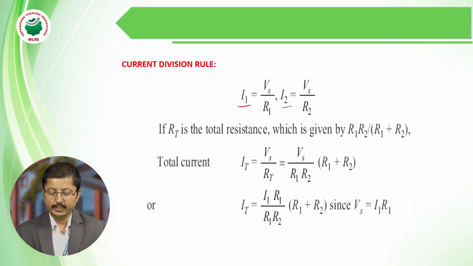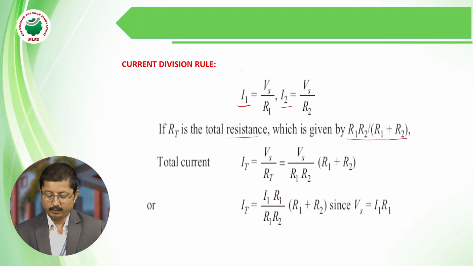So I1 is equal to Vs by R1 and I2 is equal to Vs by R2, where RT is nothing but the total resistance, given by R1 R2 divided by R1 plus R2. So what is the total current now? The total current IT is equal to Vs divided by RT. So Vs divided by RT, that is the total resistance, R1 R2 divided by R1 plus R2. From this expression we can write IT as